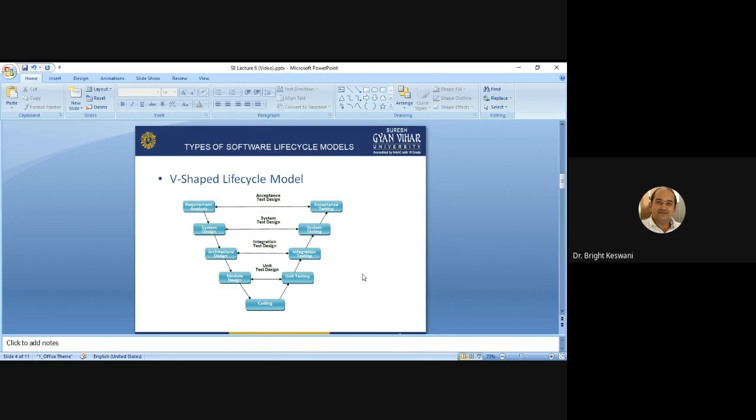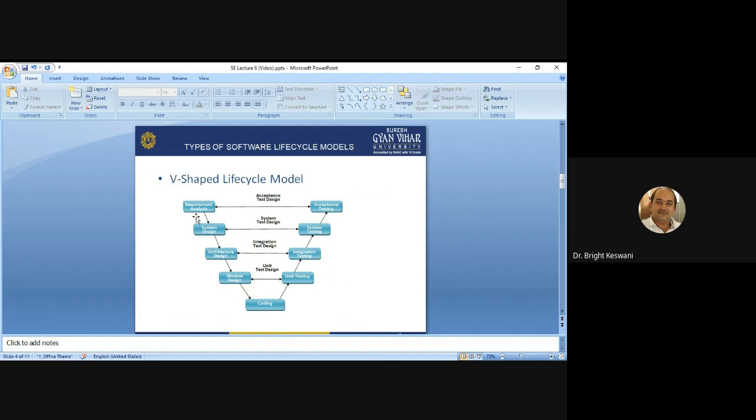You can see the sequence of steps there. These models are respectively called the V lifecycle model and the waterfall lifecycle model. So you can see that in the figure. The figure is the illustration of the V-shaped lifecycle model.